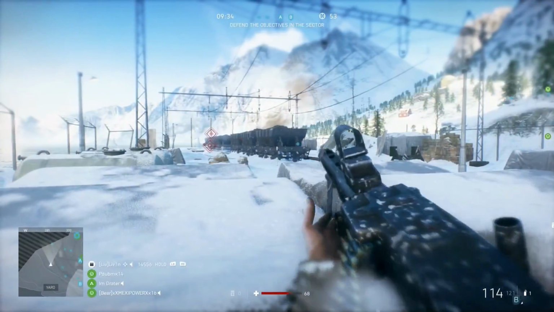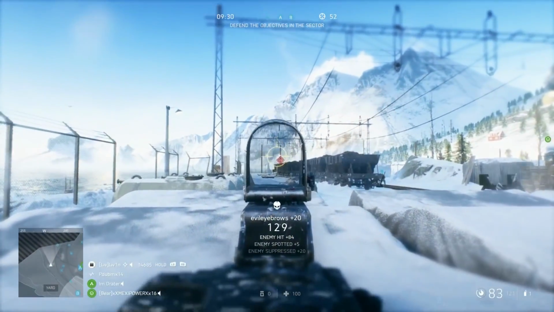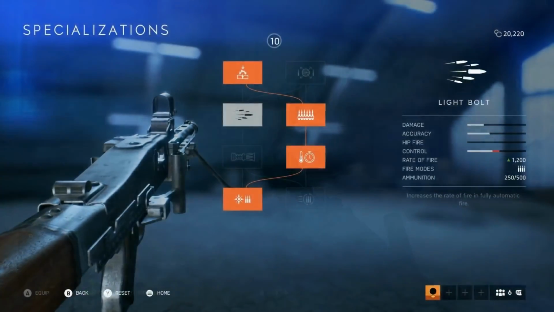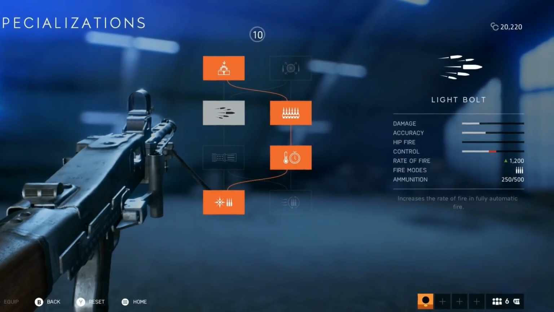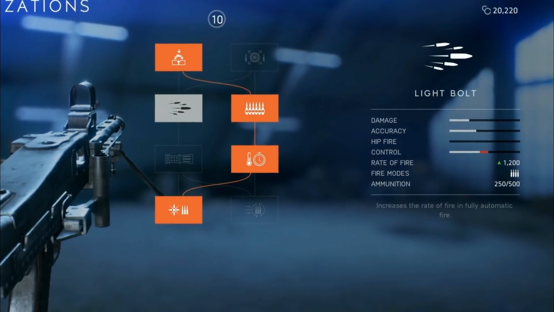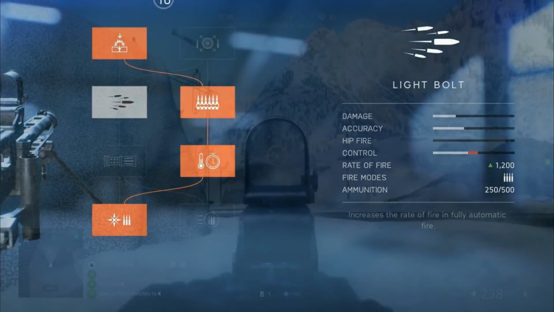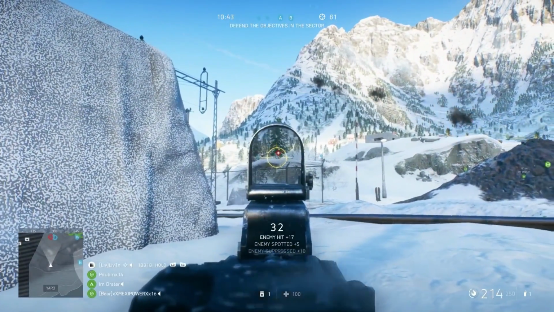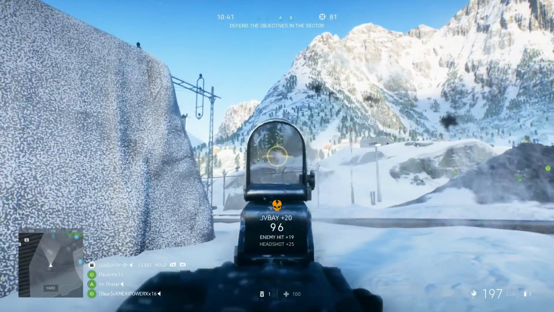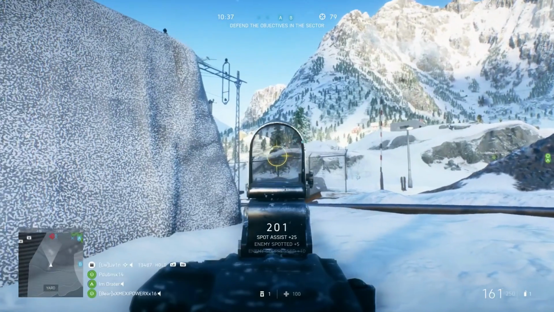If you really want to take it to another level, instead of equipping the extended belt, giving you a high ammo capacity, you could up your rate of fire even more to a 1200 rate of fire. Absolutely love what's going on here. Unfortunately, you will be sacrificing that 250 round magazine, and that was something I didn't want to give up. I would recommend, if you want the higher rate of fire, to choose the quick reload specialization,